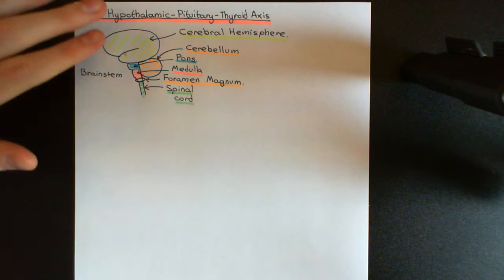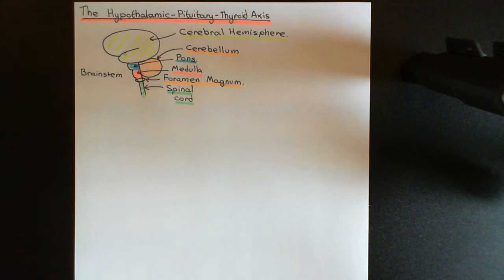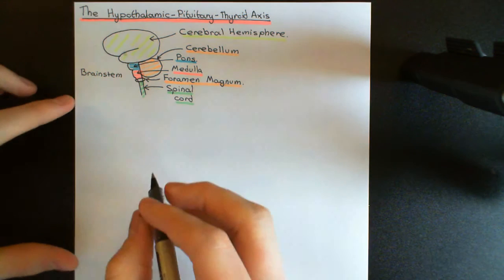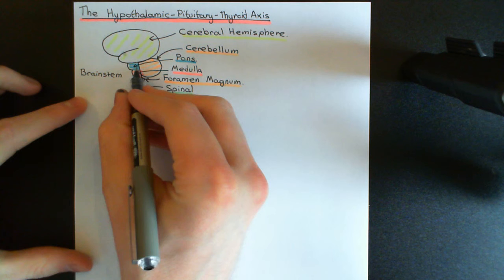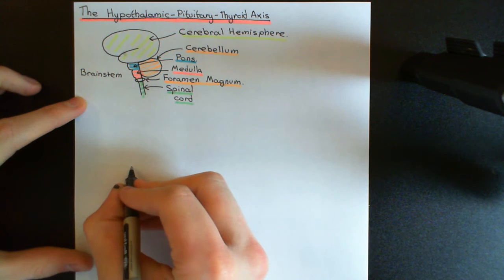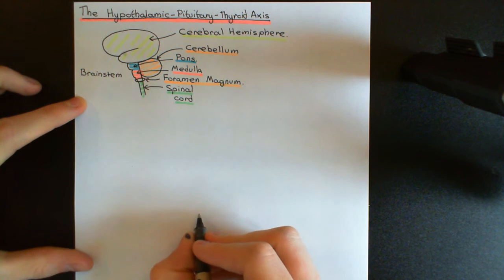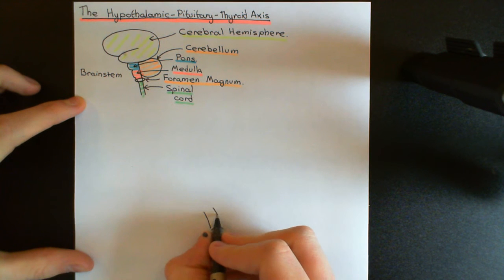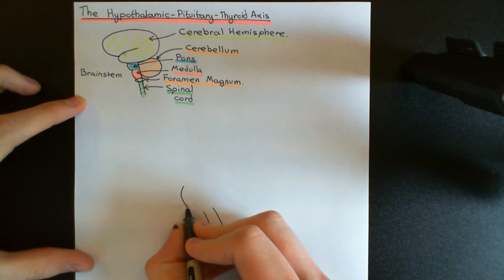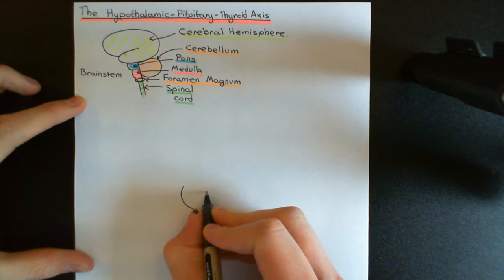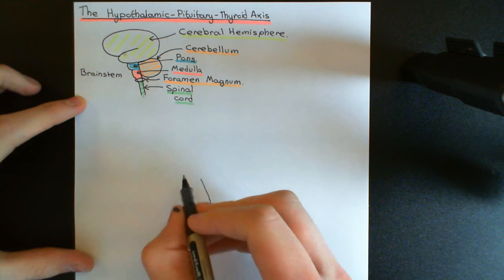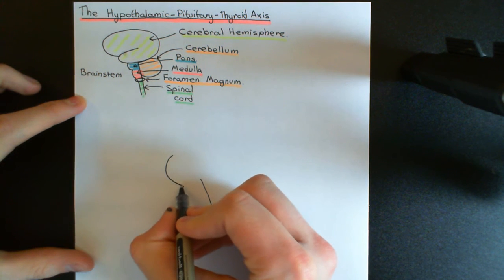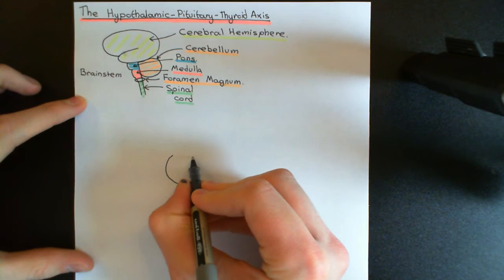Okay, so I'm now going to continue the brainstem onwards, and we will find things like the thalamus, or the thalami rather, because there are actually two thalami, a left and a right one, and we will find the hypothalamus and also the pituitary gland. Okay, so picture number 2, I'll continue on with this, so the spinal cord, the medulla and the pons, so here we go, and I'll draw it bigger actually now. Okay, so let's have this as the spinal cord here. Then we'll have the medulla here, and bear with me whilst I draw this because I want the picture to be decent. Then we'll have the pons here, above the medulla,